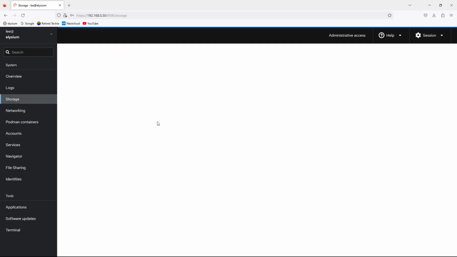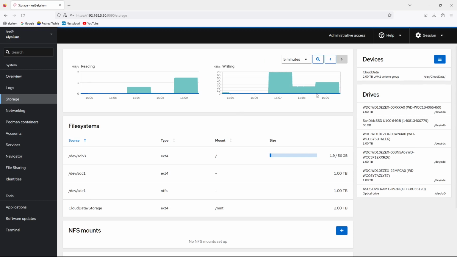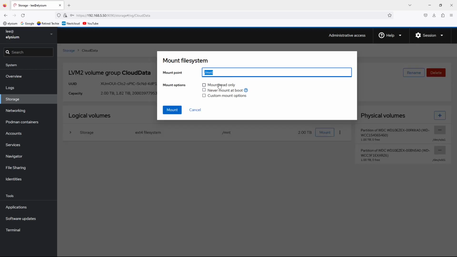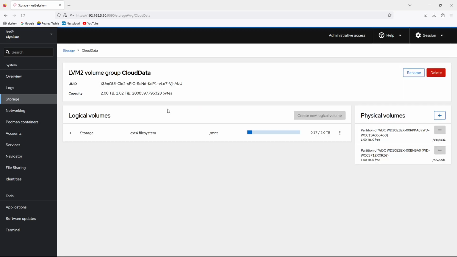They were recognized by Cockpit as an LVM set called Cloud Data. I can go to the drives and mount them someplace. I can see over here the two drives. I don't have to create a logical volume set because one already exists. I just need to mount it. We'll mount it to MNT as temporary. Note the never mount at boot; that'll become important later. For right now, we're just mounting this. Now, if we look, we can see that it is mounted as MNT,